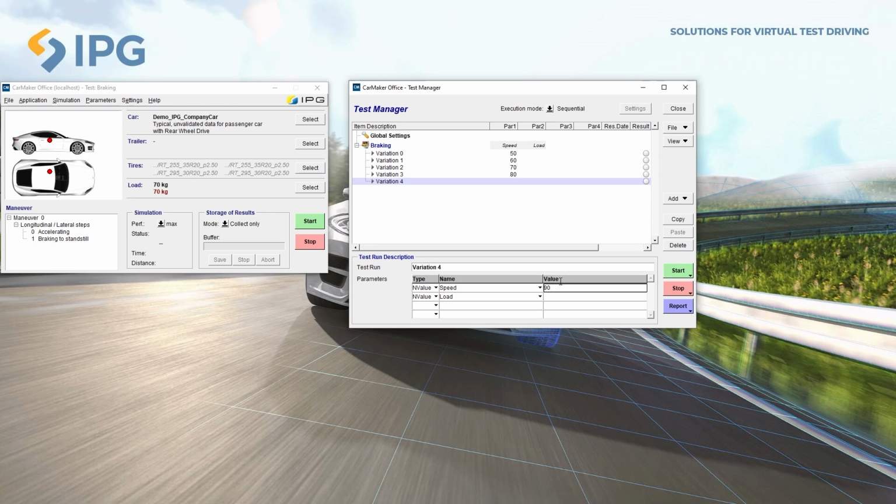So let us increase that by adding one more variation. Now for the loads, that's given by default as 70. Let me consider 2 different loads for half the simulations. I want to run the loads with 70, and for the remaining I want to run the load with 100.